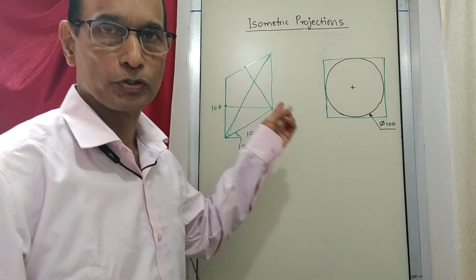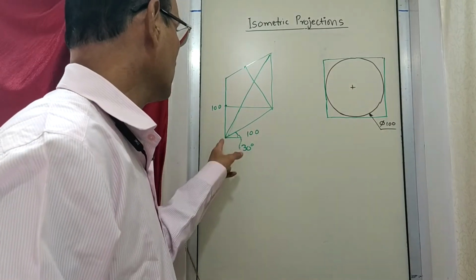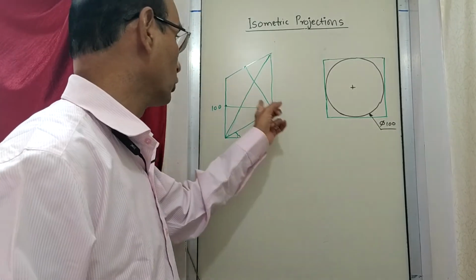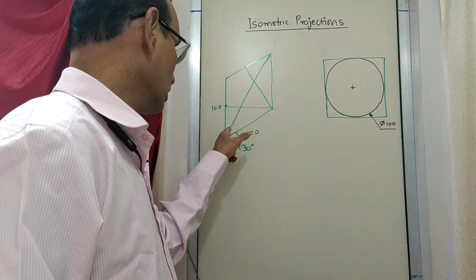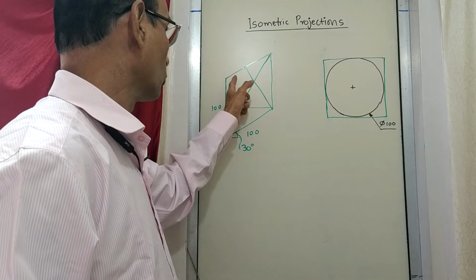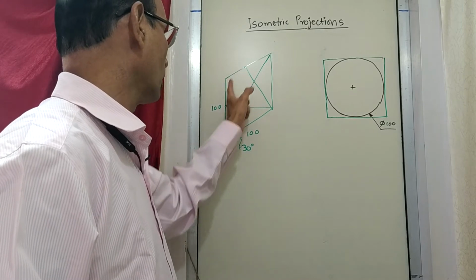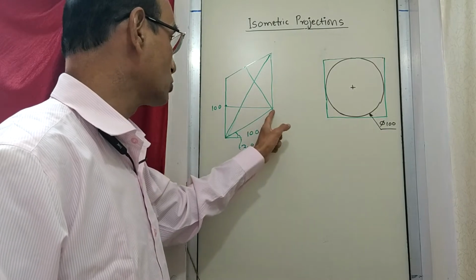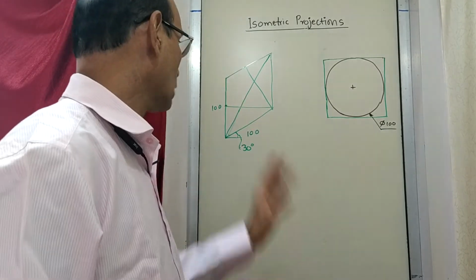Remember the procedure. First, join and draw the diagonal, which is the long diagonal. This is the short diagonal. Don't do that. Draw the long diagonal. And then on the long diagonal, on one side you mark the midpoints of the two sides, and on the other side you join these two midpoints to the corner of the square. So after you do this much,